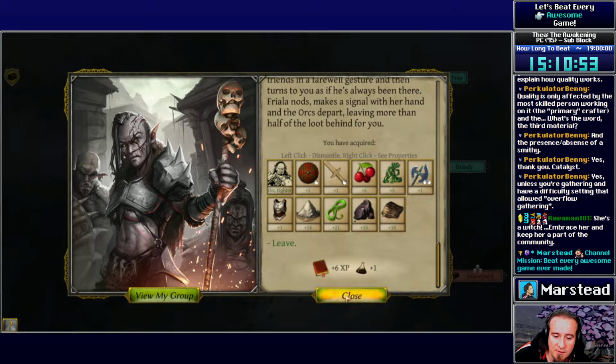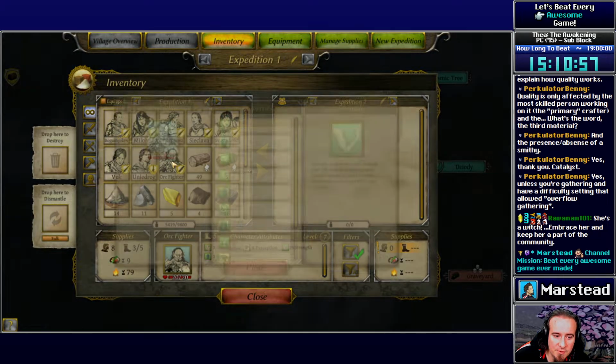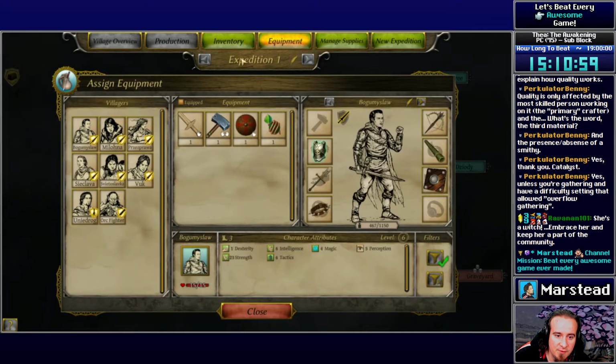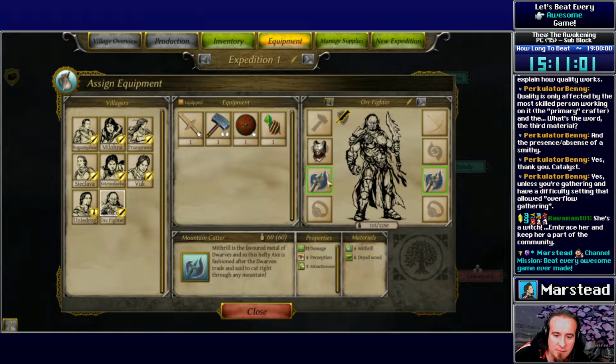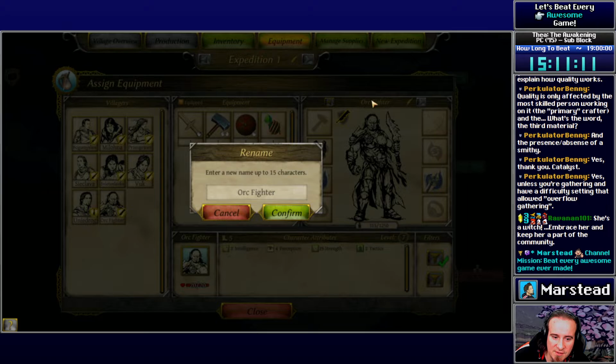Surprised it actually went extremely well. All right, Mr. Orc Fighter, what's your deal? Do you already have stuff equipped? Oh, he had the Mountain Cutter equipped. Okay, that makes more sense. I'm like, if that's his damage without something... I'm guessing he can't... Okay, yeah. As an Orc Fighter, he doesn't have...